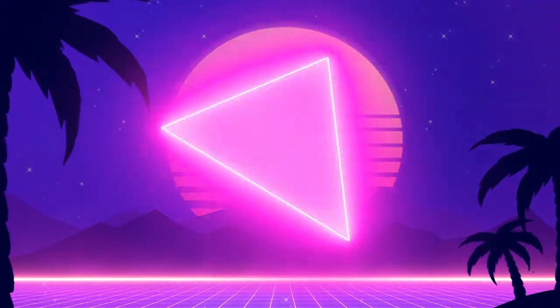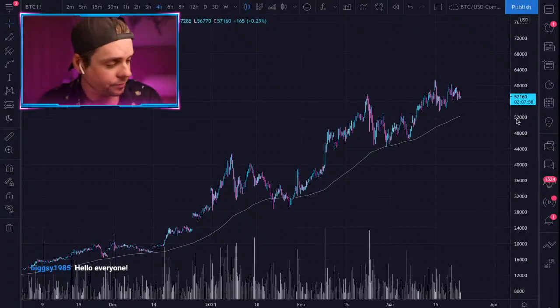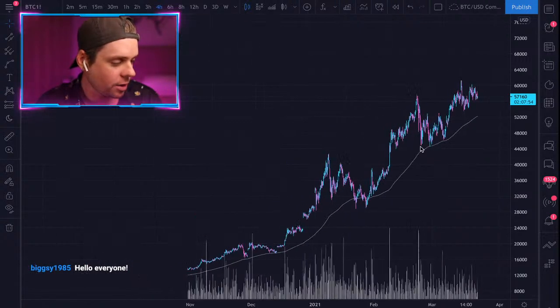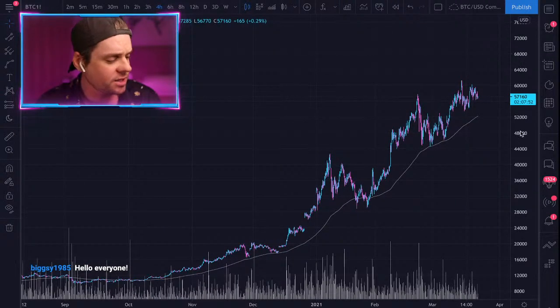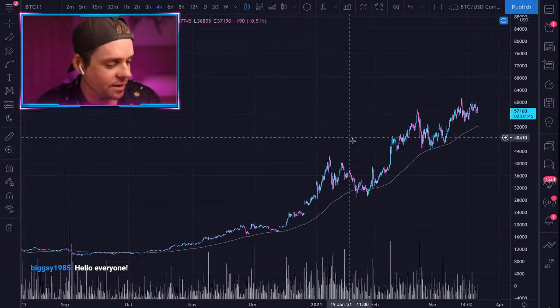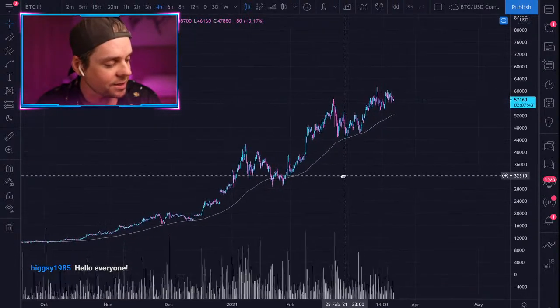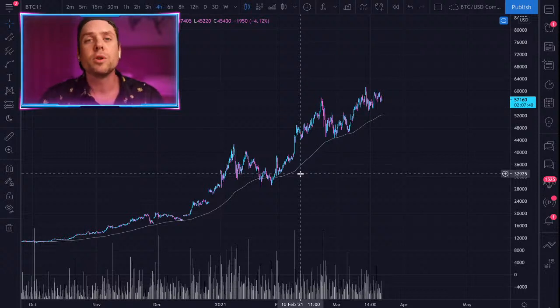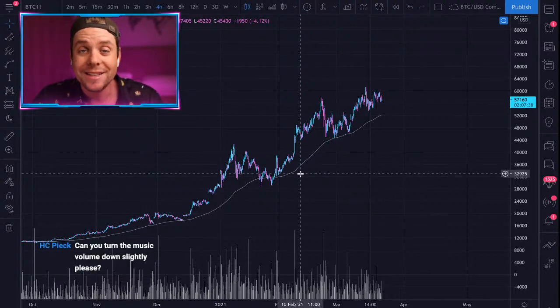I'm going to start out here with Bitcoin on the CME chart. So here we are on CME. I've chosen CME because I don't have a lot of drawings on CME, so I'm just going to approach it very fresh and determine a little bit of price support levels. One of the most powerful things for you to be able to identify in a bull market,